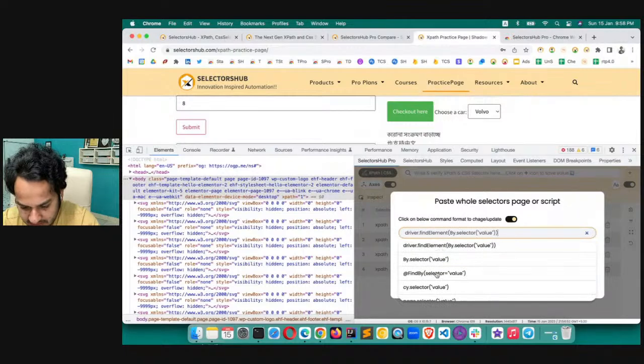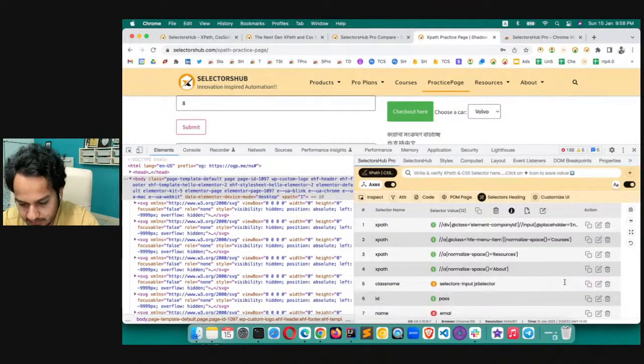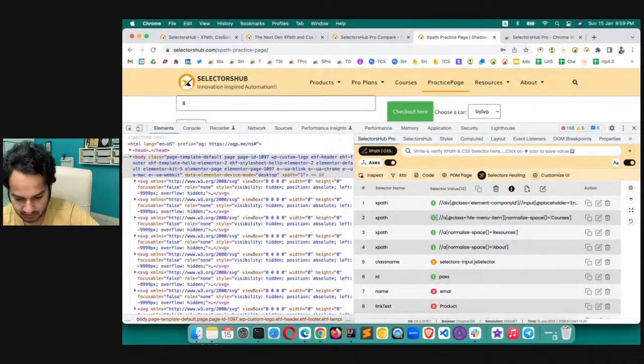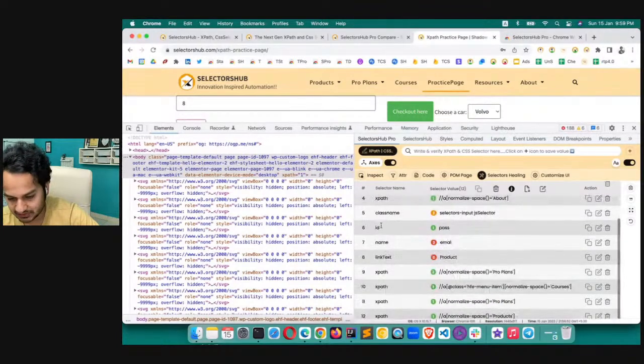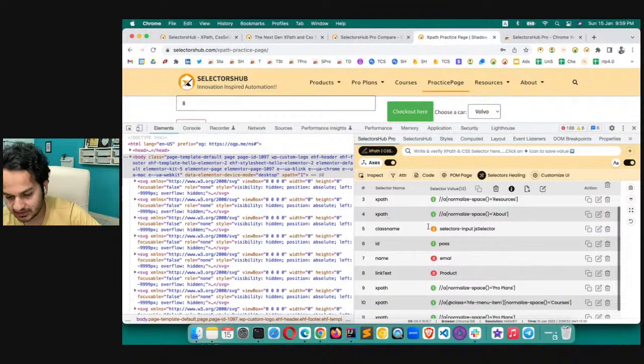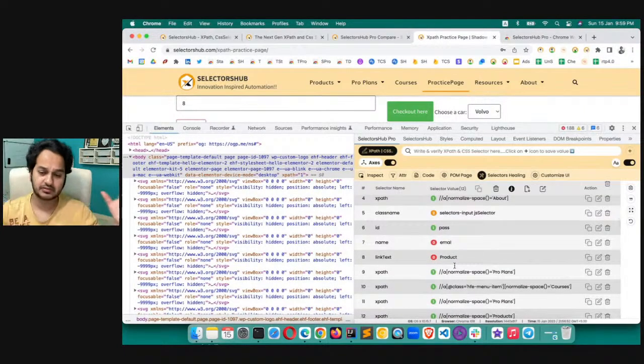Select the command. Let's say this is the @FindBy and submit. You see that it has fetched all of them like this. These are all our XPath. This is class name, this is ID, name, link text. It is telling you which selector it is, and here it will show you those matching nodes. So this is how you can verify your complete automation script just in one go using the selectors healing feature